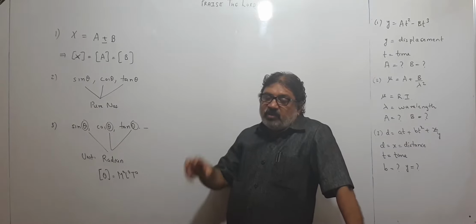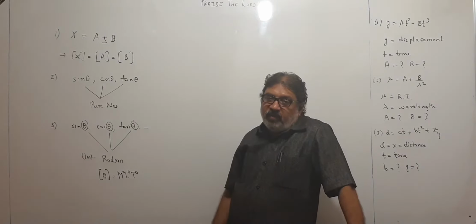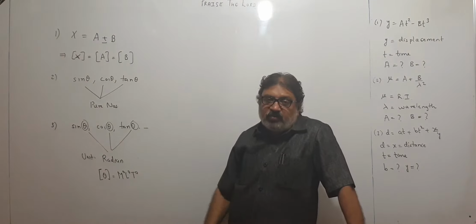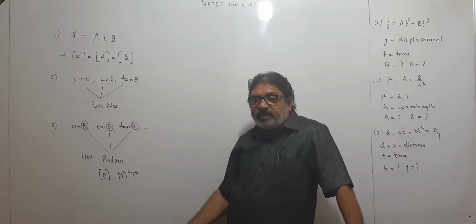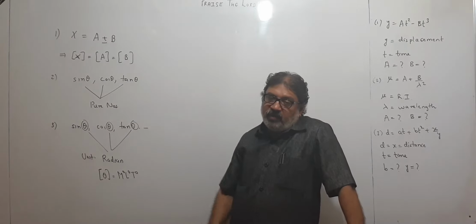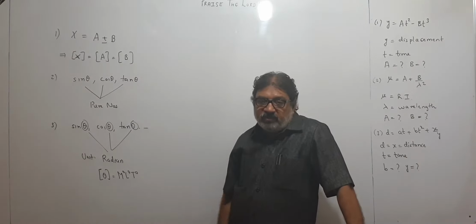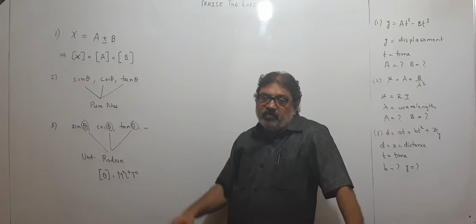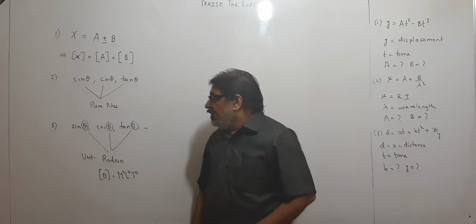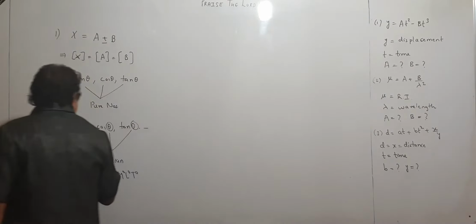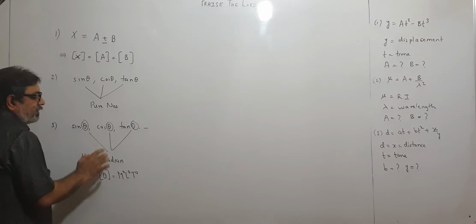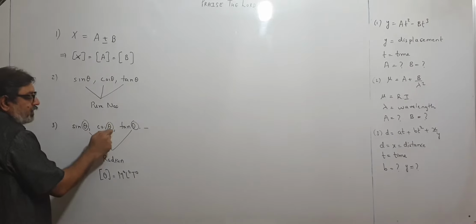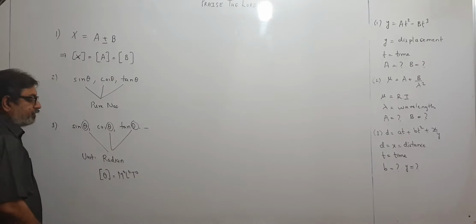So if angle is not contained in your equation, then either you can equalize dimensions or you can equalize units. It will be one and the same thing, you will get the correct answer always. But if angle is involved, then you will have to compare dimensions. Then dimensions will be equal, units won't be equal. So in case of sin theta, cos theta, tan theta, this full tan theta will be a pure number, but theta will have unit radian. Cos theta will be a pure number, but theta will have unit radian, like this will do.